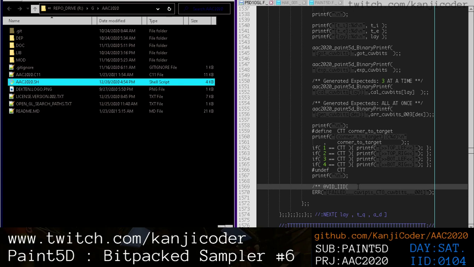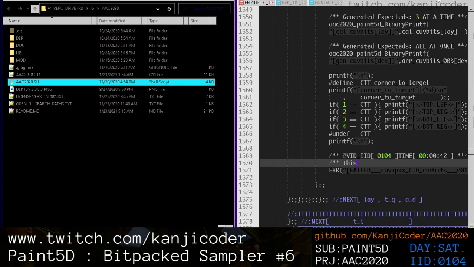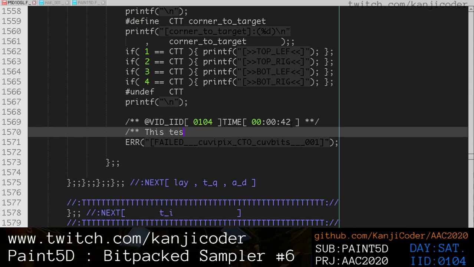I was just about to write a comment, so at video 104, this is what caught me and made me realize I did this wrong. At video 104, and the time is 0000, and let's say 42, because we want to be cool. So this test down here used to work, right here. This test used to pass